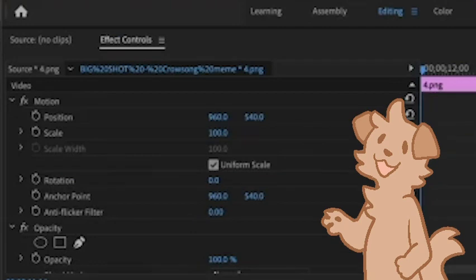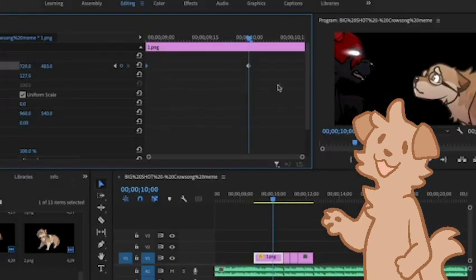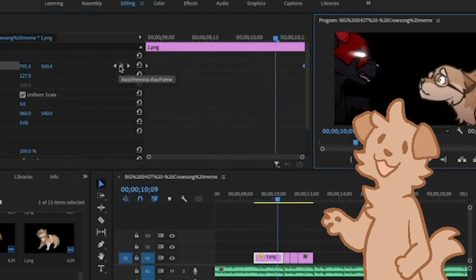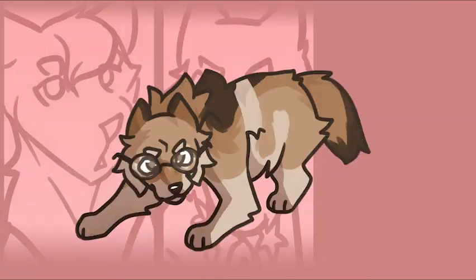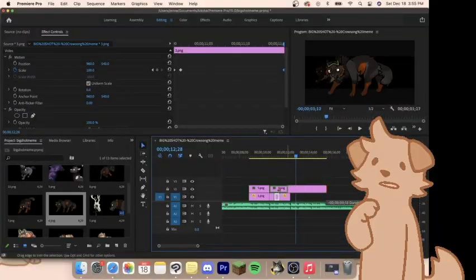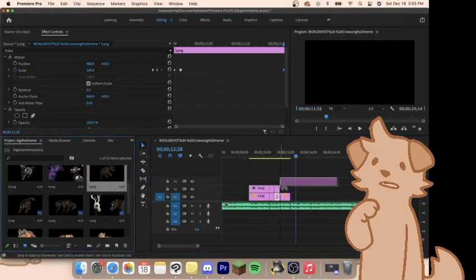Using my Effect Controls tab, I'm adding simple panning to keep the images from standing there and making things a little stagnant, as well as to add a little more impact to the transitions. I used this technique on all 4 of the drawings, and added an extra little pan and fade at the end for the last one. Now, this is where we get to why I've only edited 4 frames of my animation meme thus far.